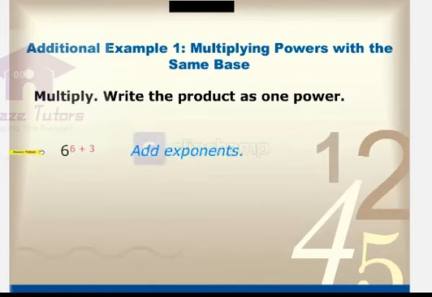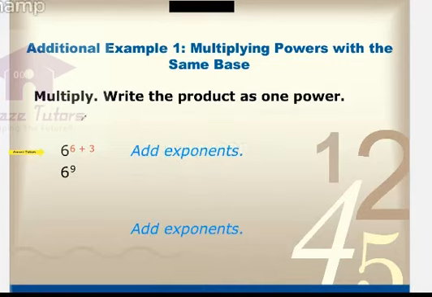This is the question. 6 power 6 plus 3. Obviously, what should we do? The same base. I think the question is missing here. Let me write it for you: 6 power 6 times 6 power 3. This is the question here. And the very first step, add the exponents according to the property. So 6 power 6 plus 3, which is 6 power, I mean, 9. That is the final answer.